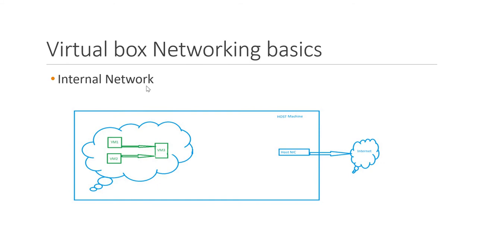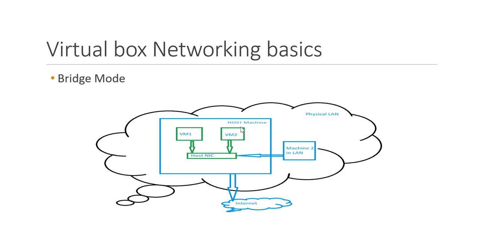The next is internal network. This is a completely virtualized network. The VMs can connect to each other, but these VMs cannot connect to other networks. They cannot connect to the host, and they cannot connect to the internet. So we can use this to create a complete virtualized internal network where all the VMs work in a private mode, meaning these VMs can connect to each other in a private mode. But we can use this mode along with NAT mode to establish communication to external networks.